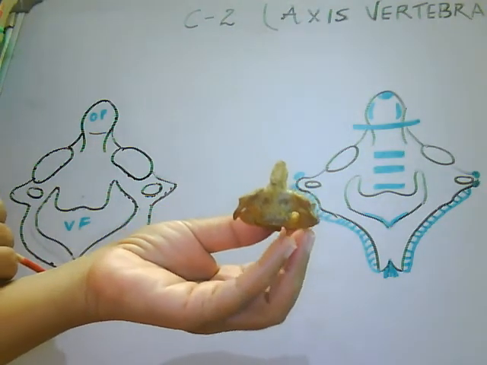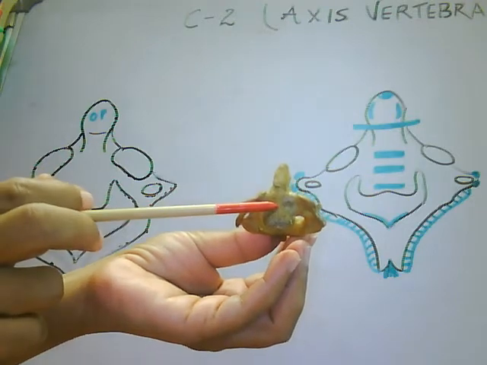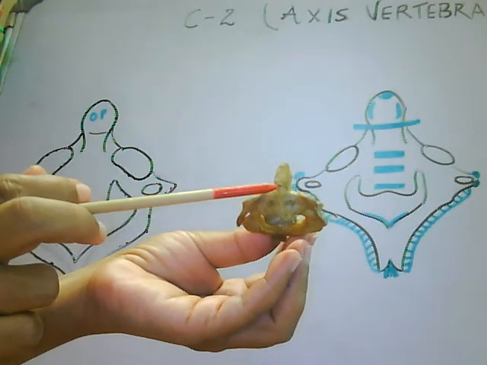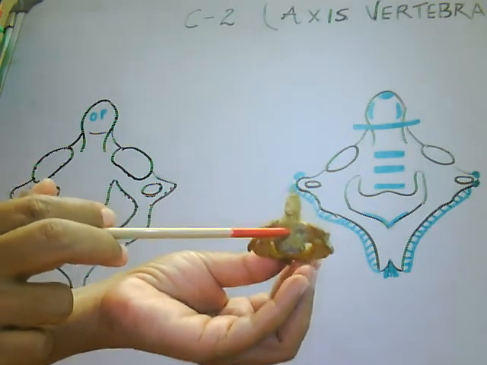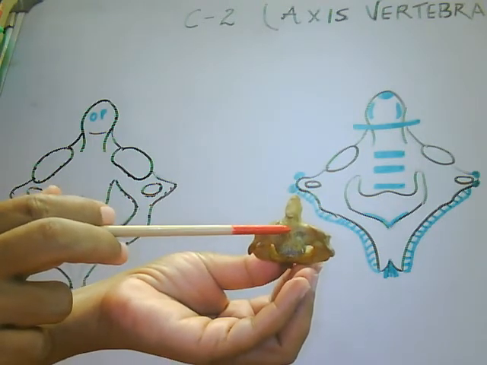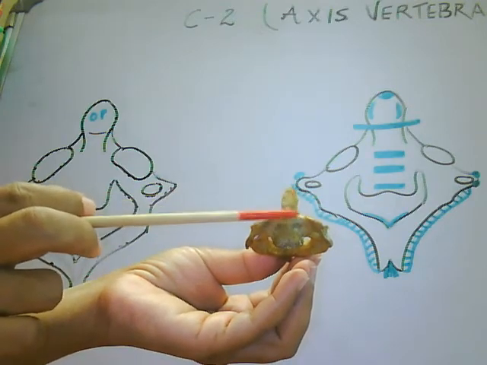Friends, today I will tell you about the axis vertebra. This is the second cervical vertebra, and this is a typical type of cervical vertebra, and the name of this vertebra is axis vertebra. This is given the name axis vertebra because it acts as an axis for the rotation